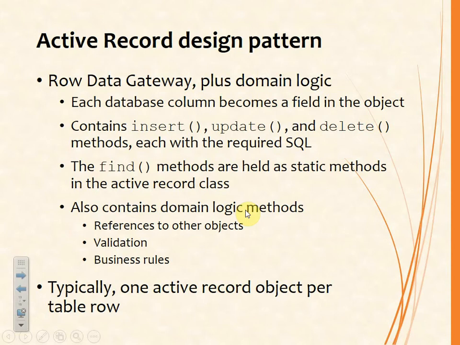Now, there are some schools of thought that say this is a step too far because we set off right at the beginning of this lecture saying we ought to separate concerns, separate responsibilities. And it might be that the interaction with the database will not vary over time quite as frequently as the business rules might change. If you're changing business rules without changing the way that the database operates, wouldn't it be good only to have to change the business rules that are encapsulated in a separate class from the database interaction? Whereas if you're using the active record design pattern, then with the business rules in there, you're going to have to change that when the business rules change and then test your database interaction all over again